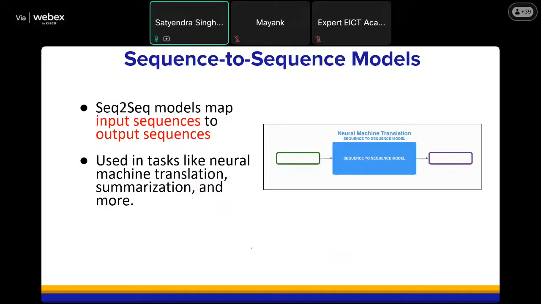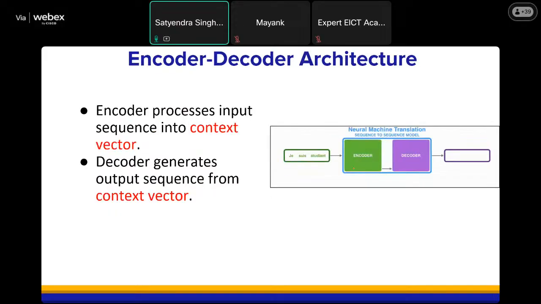So how does a sequence to sequence model do this task? If you see in this diagram, given text in one language, the sequence to sequence model generates one output at a time, and generates the whole sentence one word at a time. If we unroll the sequence to sequence model, the detailed version has two things: encoder and decoder. The encoder takes the whole sentence one word at a time, one by one, and once it reads the whole sentence, it generates the context vector towards the end, which it gives to the decoder, and the decoder generates one output at a time. So there are two important things. One is the context vector,